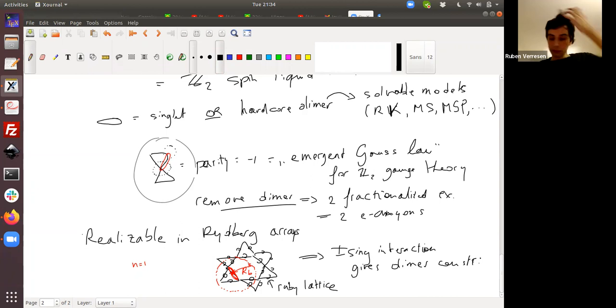Good. And then in particular, you can then tune the single-site field of the Ising model, which is tunable in the Rydberg atom tweezer array, which you can interpret physically as creating these E-anyon fluctuations, right? Because what is a spin flip, right? It just creates or destroys a dimer. But I just mentioned that's actually like creating E-anyons. So we have these E-anyon fluctuations,